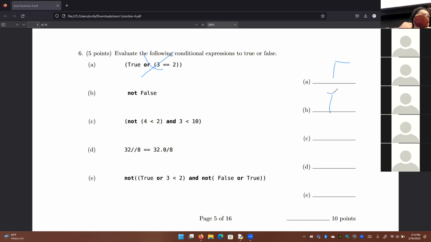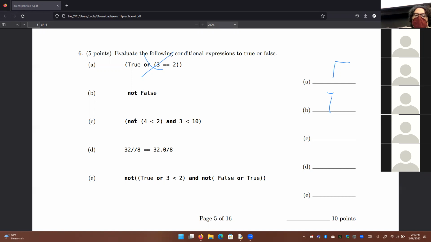Not flips the sign, essentially. It's the equivalent of -1. All right. So not expression and 3 minus 2. Oh, sorry, 3 less than 10. So basically we do either side of this and then we try to figure it out, which is, so we do